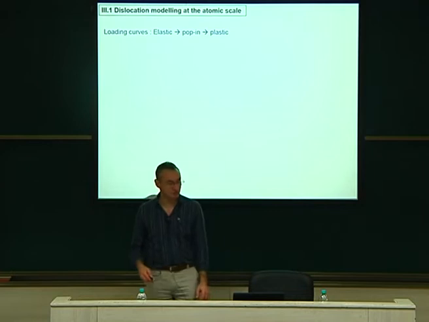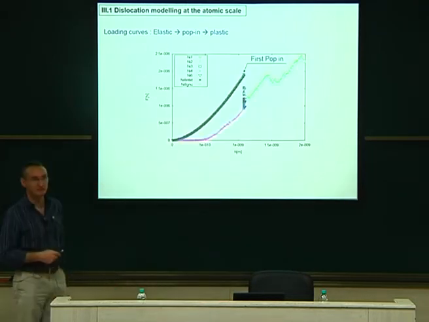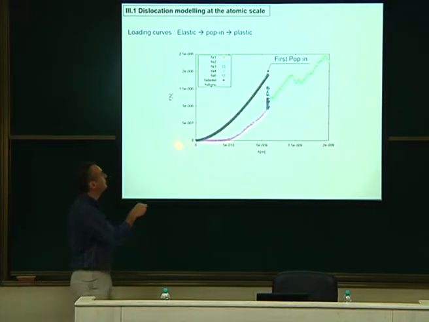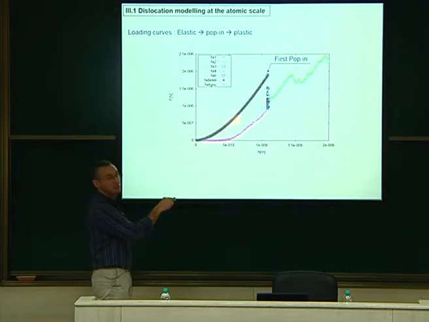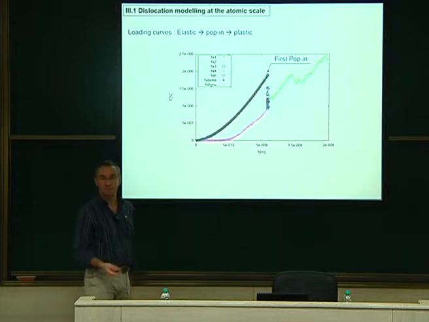So first, let's look at the loading stage of the curve. This is the force I applied on my big sphere versus the depth, so the displacement of the sphere. You see that you first have an elastic regime. This is total elasticity. You deform your sample elastically, and then suddenly something happens. This is called popping in nanoindentation. It means that dislocations have been introduced in your material. The popping relaxes the force very quickly. And then if you go further, you have something which is no more elastic, which is more plastic.